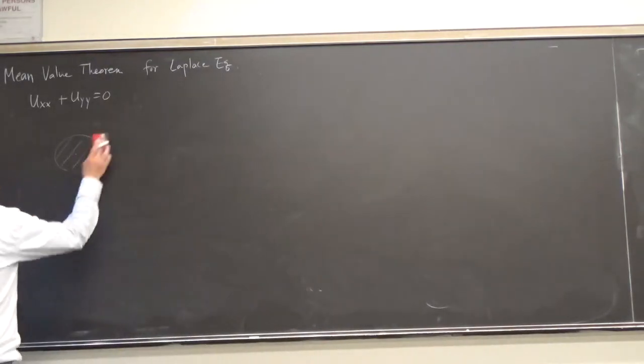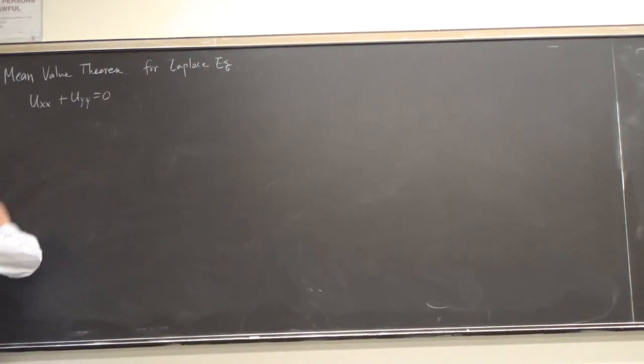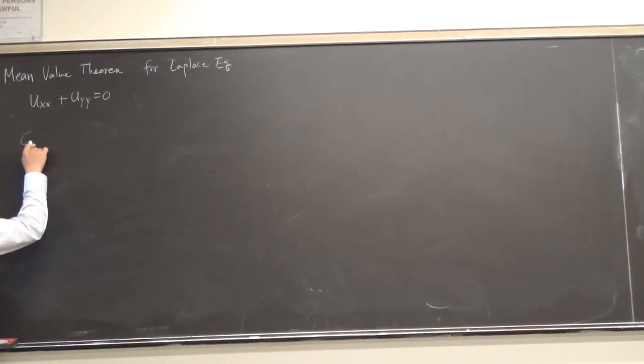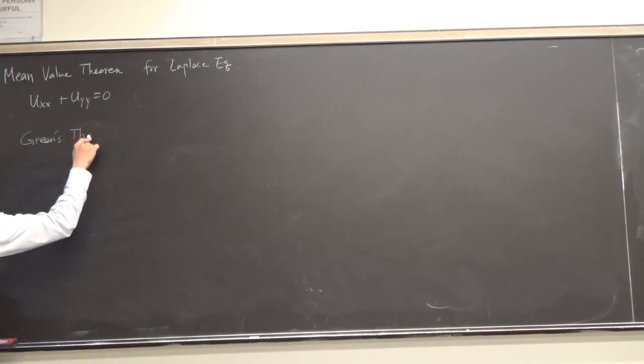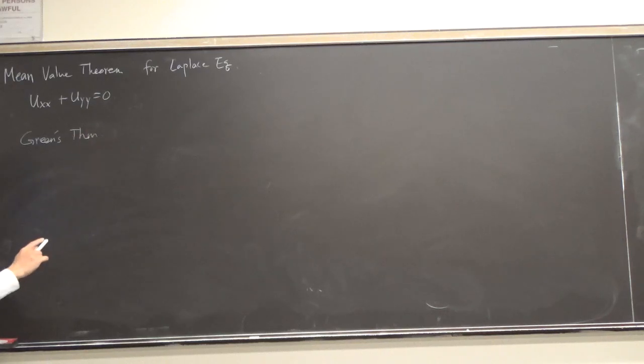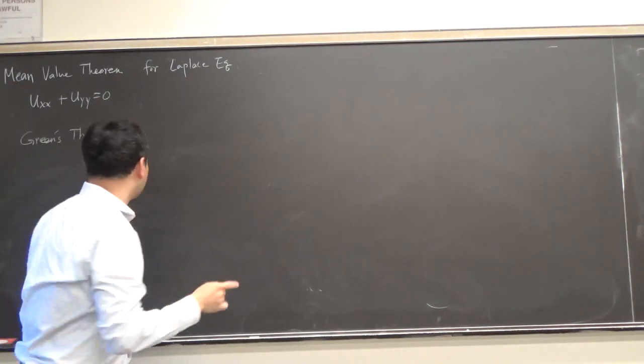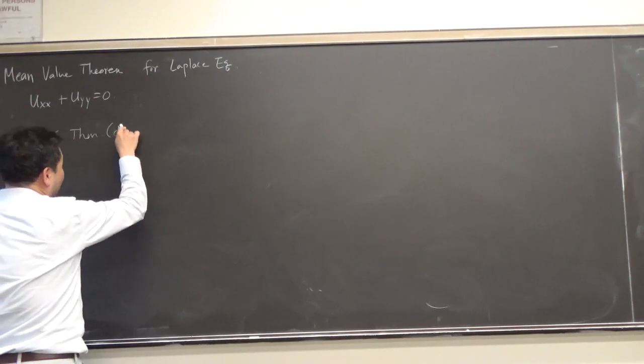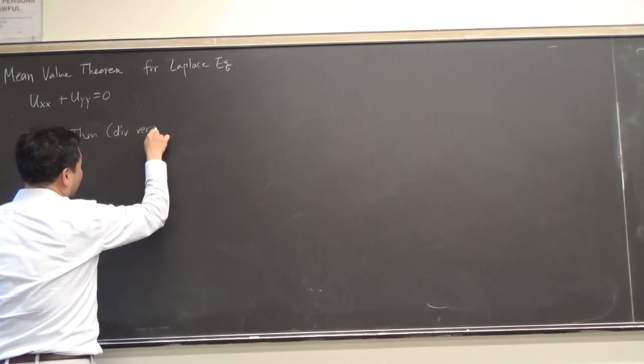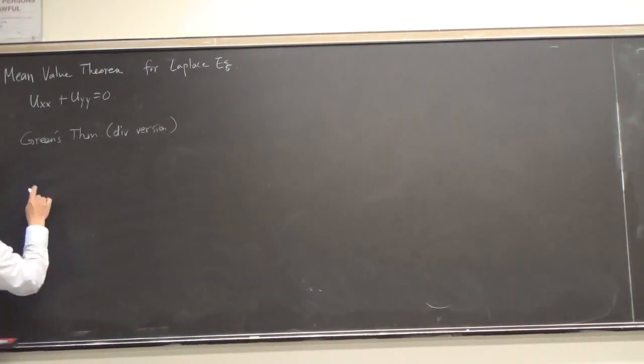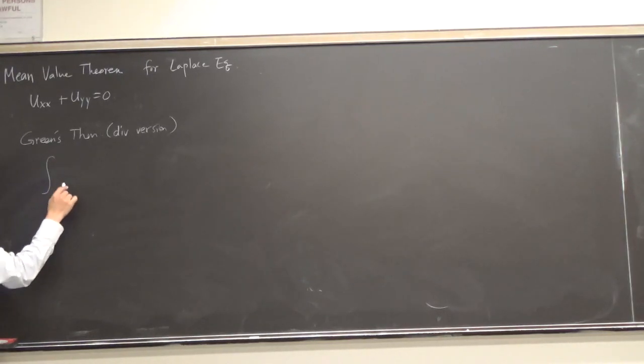Okay. Now, to actually produce this proof, you have to start with Green's theorem. And there's the curl version and the divergence version, right? We need the divergence version. And what it says is that if you have some vector field, right,